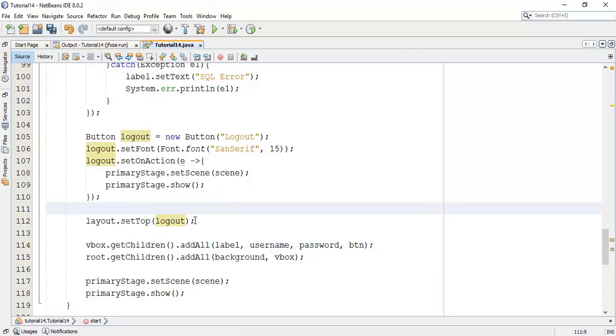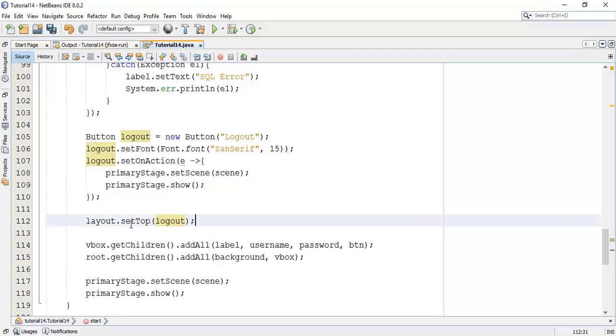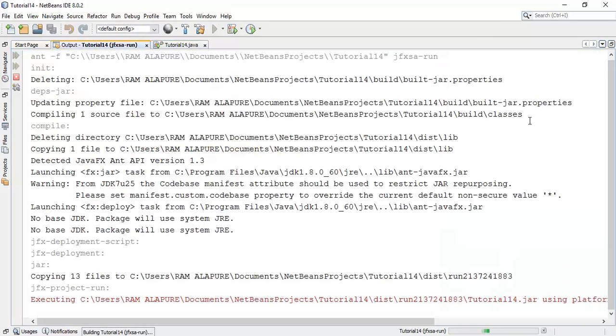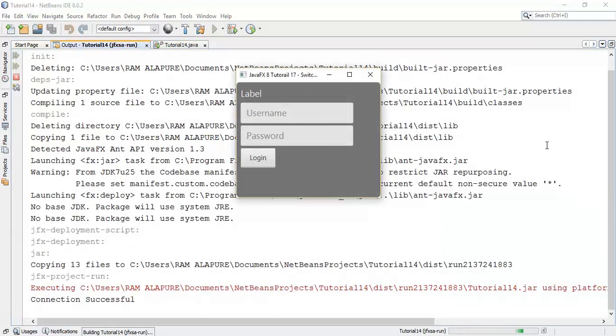Now I have added this button to our border pane layout in the next scene. So save this and run again, and check whether the button is in the next scene or not.